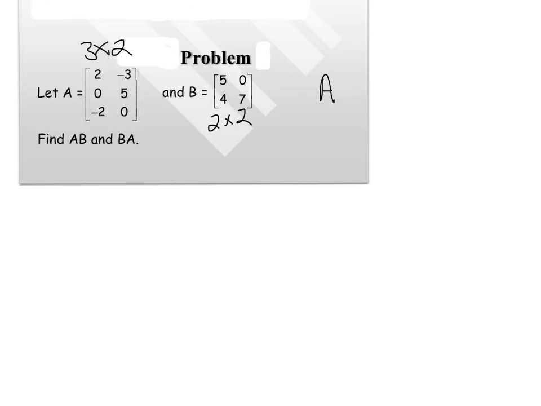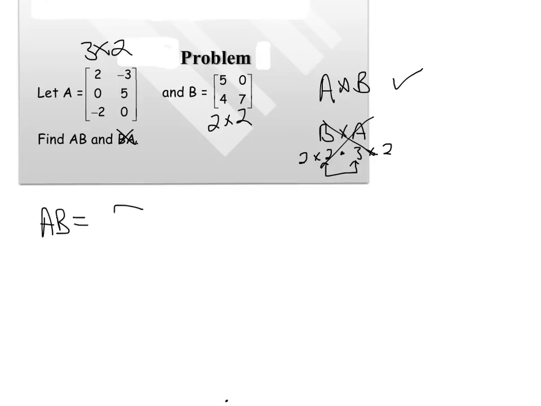So A times B, that works. What about B times A? Well, if B is a 2 by 2 and A is a 3 by 2, this one does not work because the inner dimensions don't match. So I cannot do B times A. A times B does work. So AB